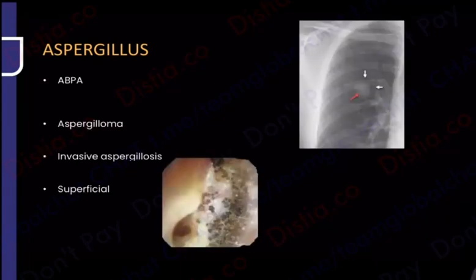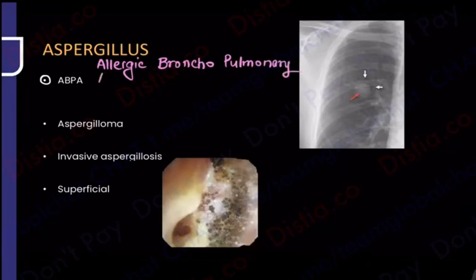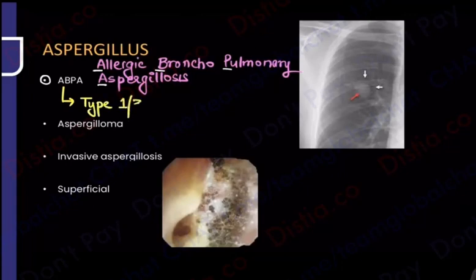Let's start. When I say ABPA, what is ABPA? ABPA stands for allergic bronchopulmonary aspergillosis. So there is an element of allergy involved. That is how you come down to the short form ABPA. As soon as I mention allergy, which hypersensitivity am I trying to hint you towards? With allergy, I try to hint you towards type 1. But please remember, this is actually a combination of type 1 and type 3 hypersensitivity reactions. That is point number 1.